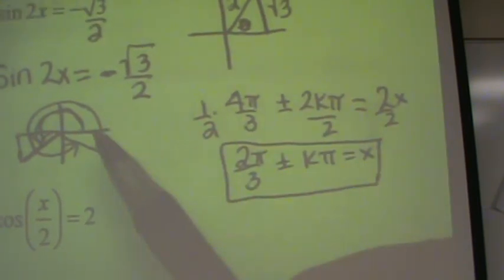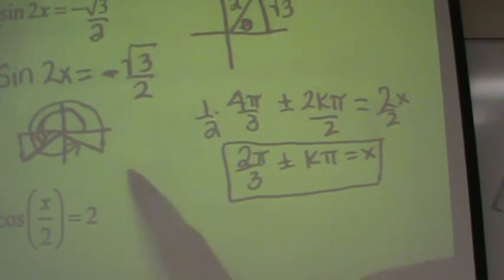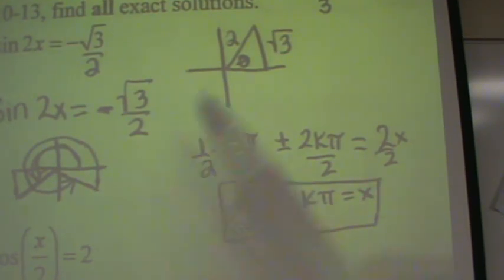Now, is there another quadrant where sine is negative? Quadrant 4. What's the name of that angle that has a 3 in the bottom of it in quadrant 4? It's 5 pi over